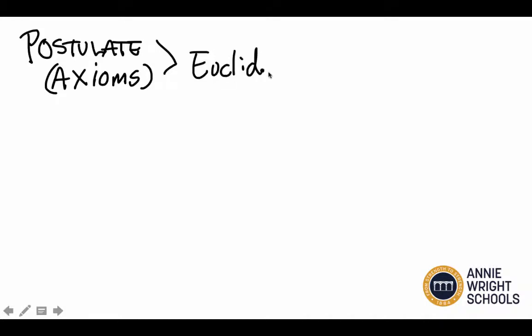Euclid was a Greek mathematician, often credited with being the father of geometry, rightfully so, because his book, The Elements, is the second most published book in the history of human writing. It is second only to the Christian Bible.